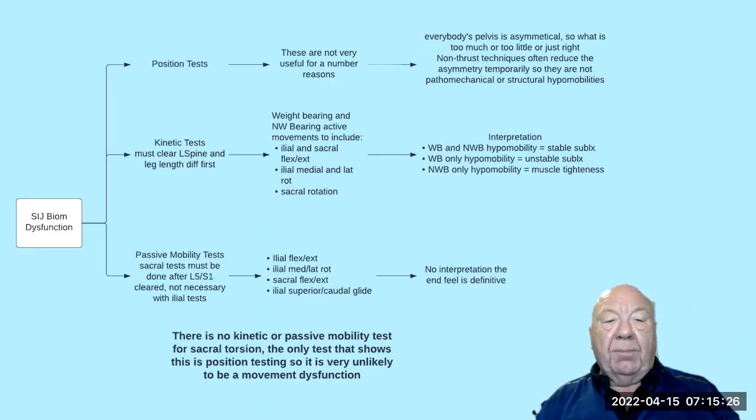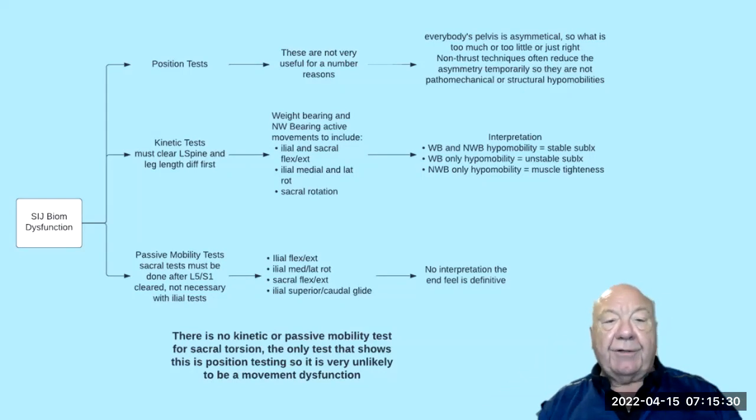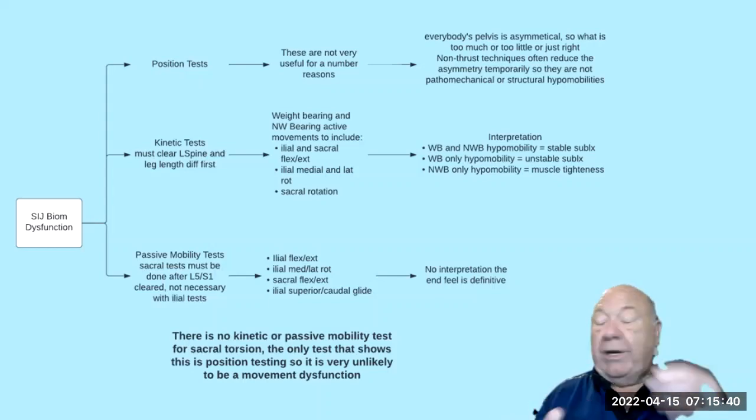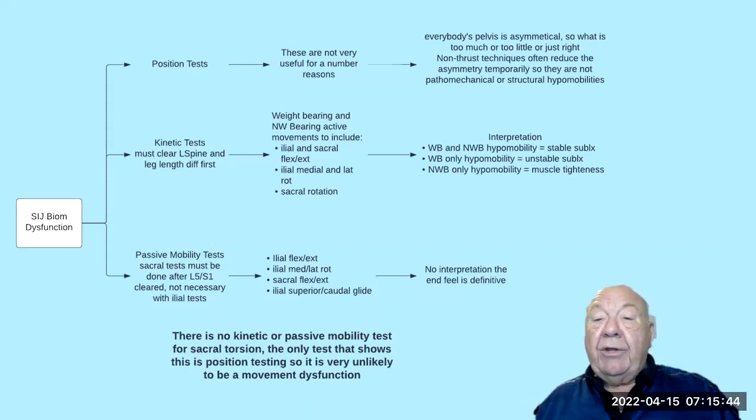So the meat of the problem. Now we've made the diagnosis of SIJ biomechanical dysfunction. There's a couple of ways we can enter this. One is through position tests. This is the worst way, in my opinion. I believe they're completely useless and counterproductive as well. And the reason being that